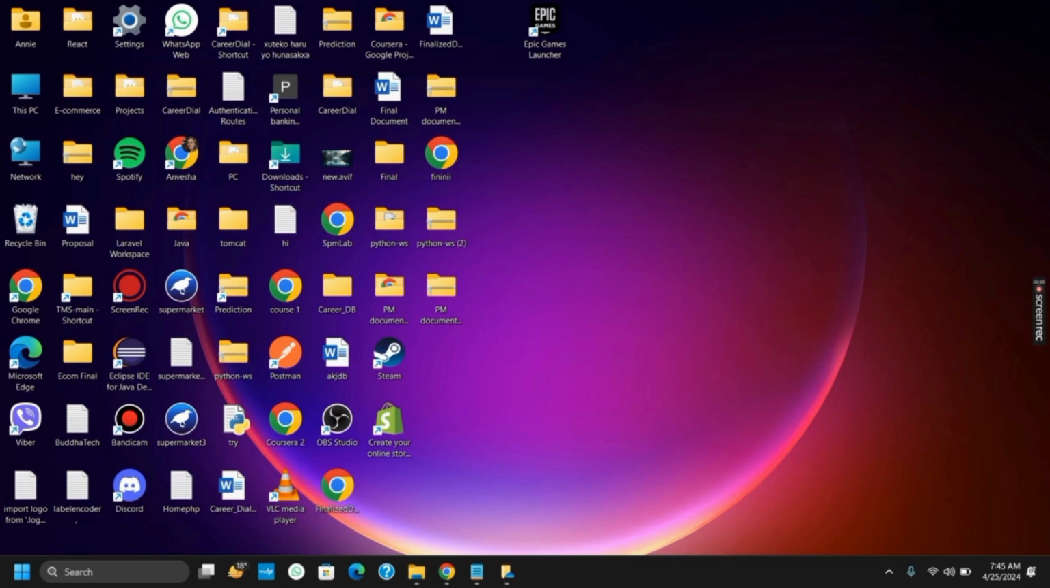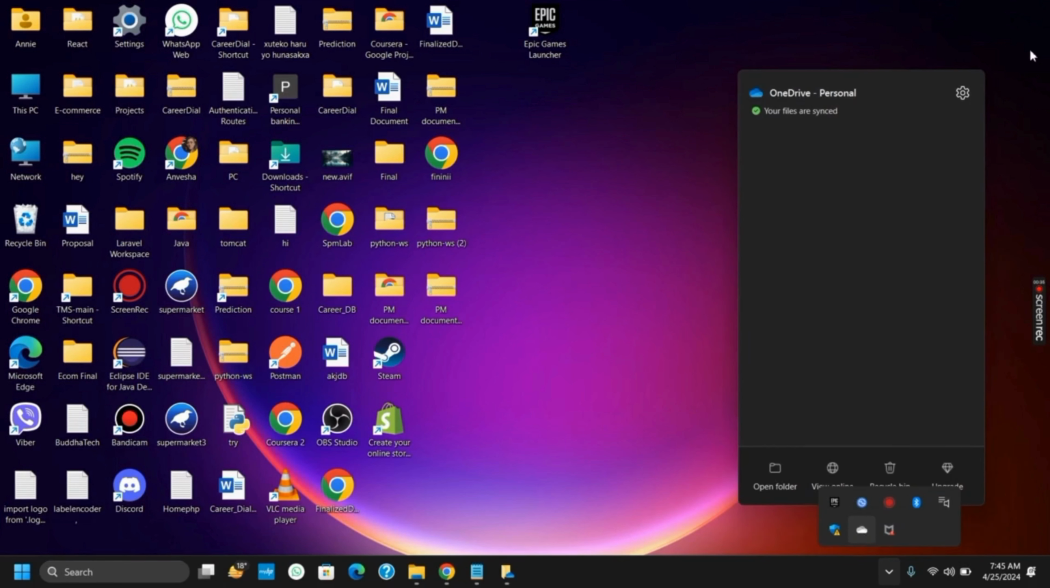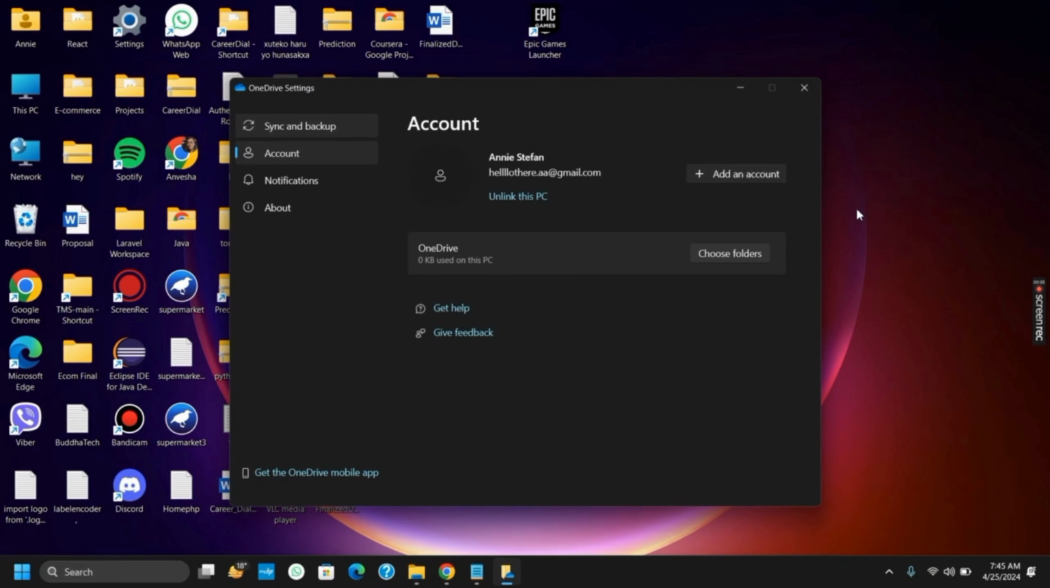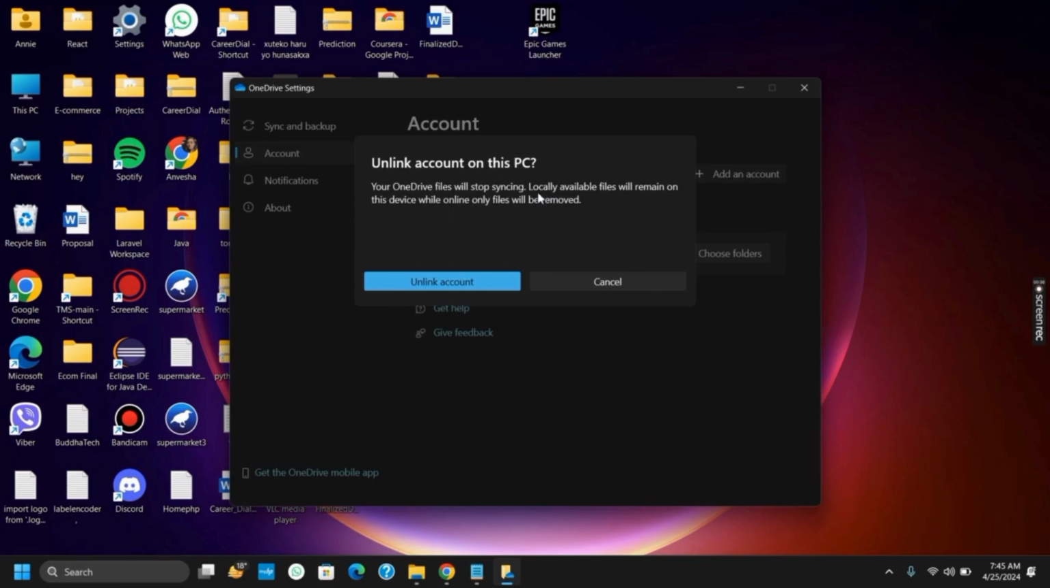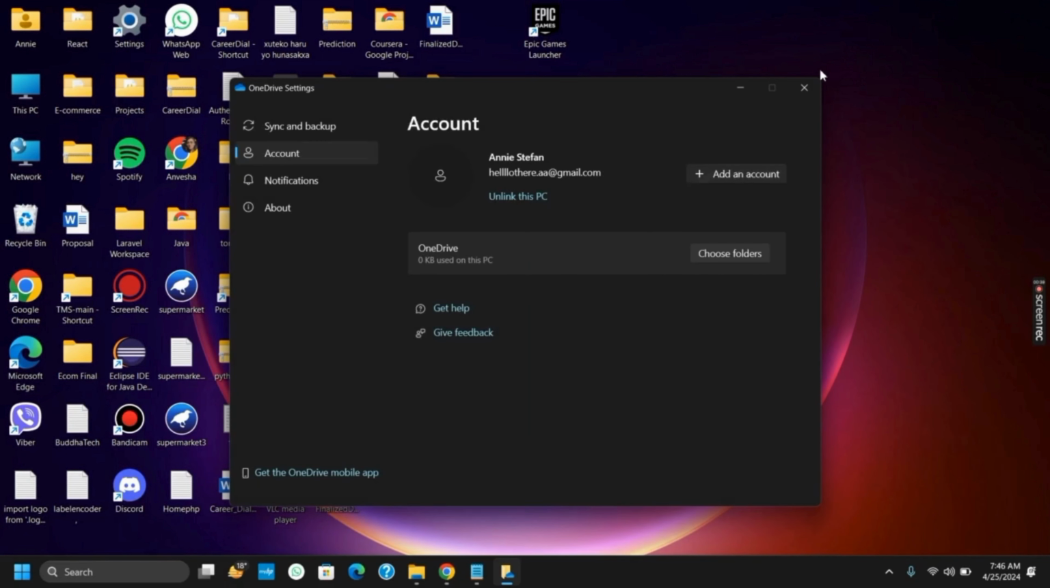To get started, you first have to open your OneDrive and visit its settings. To find that, click on this up arrow and click on this cloud-like icon, which is OneDrive. Once that is done, tap on the gear icon on the top right and go to settings. Here, you have to click on unlink this PC and then unlink account. This way, you will notice that all of the red crosses that are because of the sync issues will be